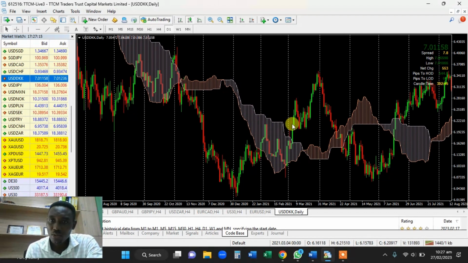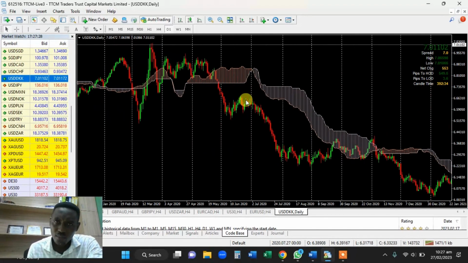So we break out of the cloud at one point. Then we decide that we have to buy this market. At a certain point, the market reversed, it went into the cloud till we are outside of the cloud. Then we make some decisions. So the power of this tool is the simplicity. Initially, when I dropped the entire Ichimoku system on the chart, some of you found it overwhelming. Now I believe that you're beginning to get a better understanding of what this tool is about.